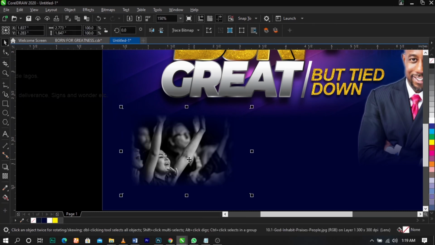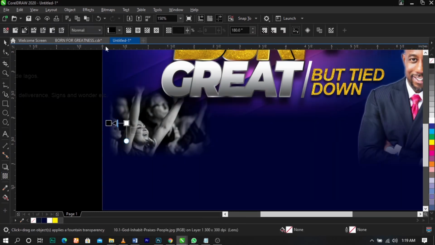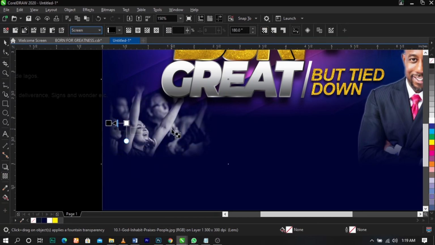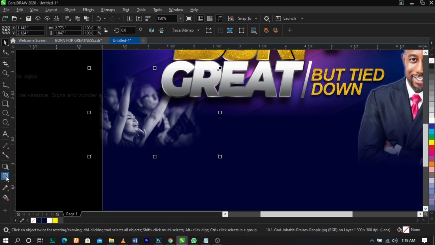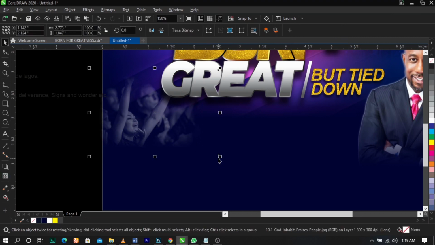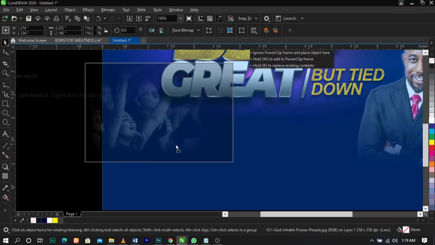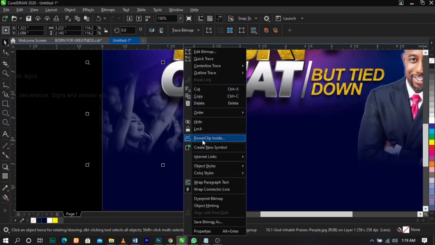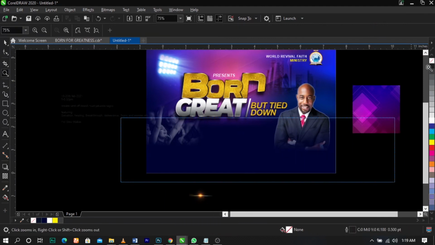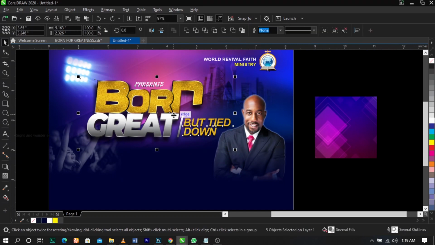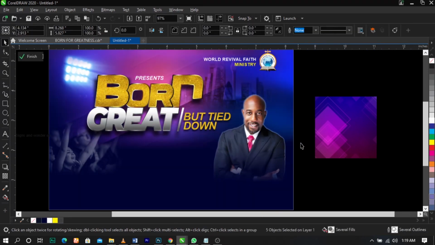All right, so guys, this is what you're going to have. Now change the blend mode to screen. All right, so select this white and reduce the brightness or the exposure. Okay guys, so now this is what you're going to have. Now select it and power clip inside. Okay, so the next one we're going to do is bring in this background